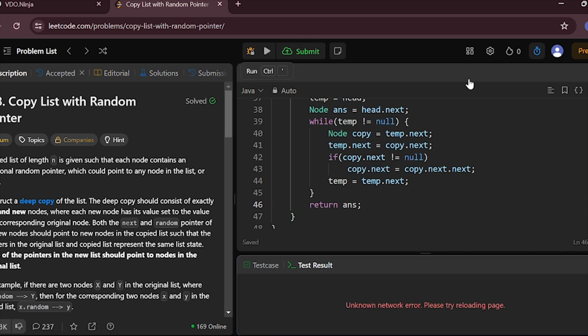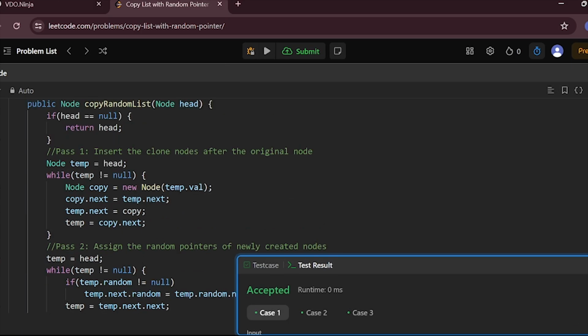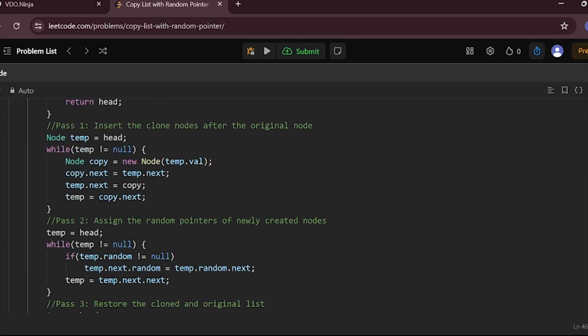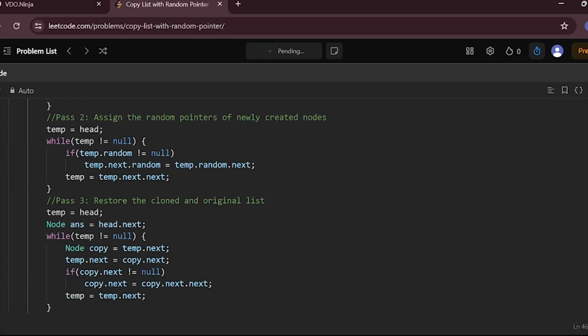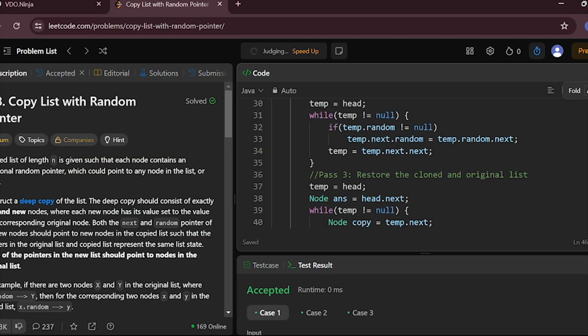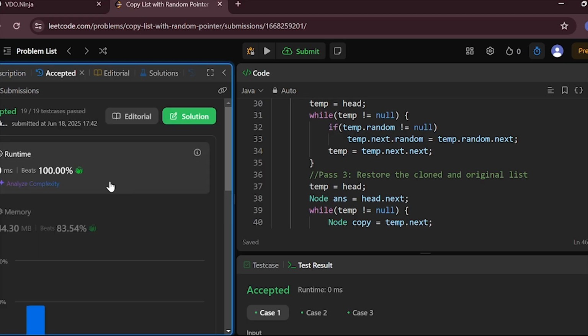Okay, so there was some internet issue. Let me just show you. I have not changed anything. The code is same. It is accepted, right? And let me submit. So this is beating 100%, right? So this is the optimal approach,